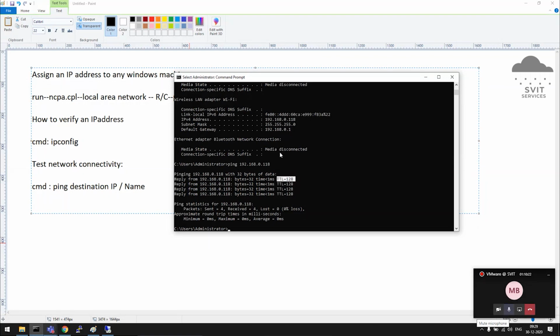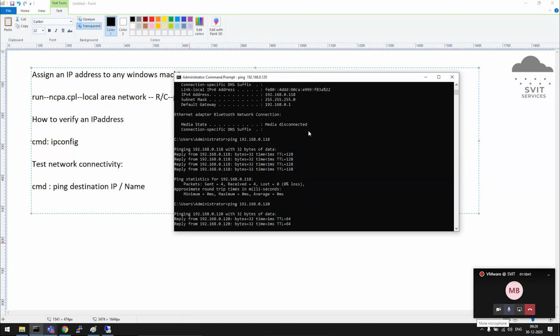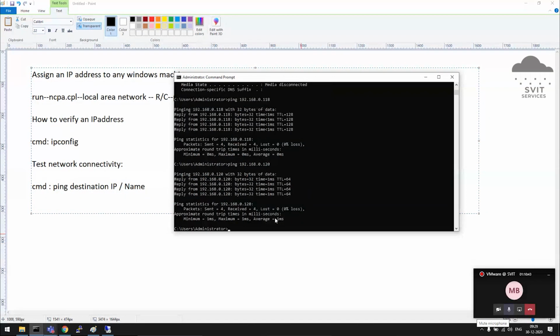It always works. You have to check any other machine in the network. Press the up arrow, and it will give you ping space; give any other machine's IP address, 120. It's a different machine's IP address. I know that IP address is used in our lab. I press enter, and it is replying with a TTL value.